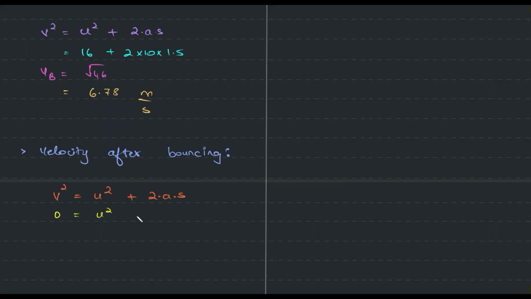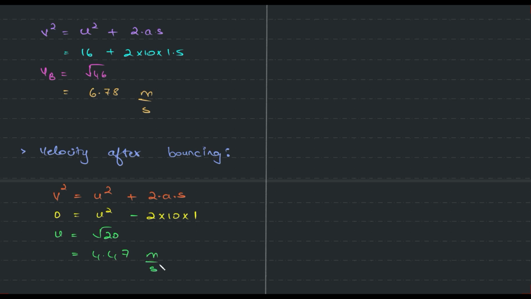This is u squared, and this would be plus 2 into 10 into 1 meter. And by the way, this would be negative. Okay, I know this is u squared and all of that. So we can take this as negative because it's opposite to the direction of the velocity actually. So u is equal to the square root of 20. Again, for the sake of curiosity, I will use a calculator: 4.47